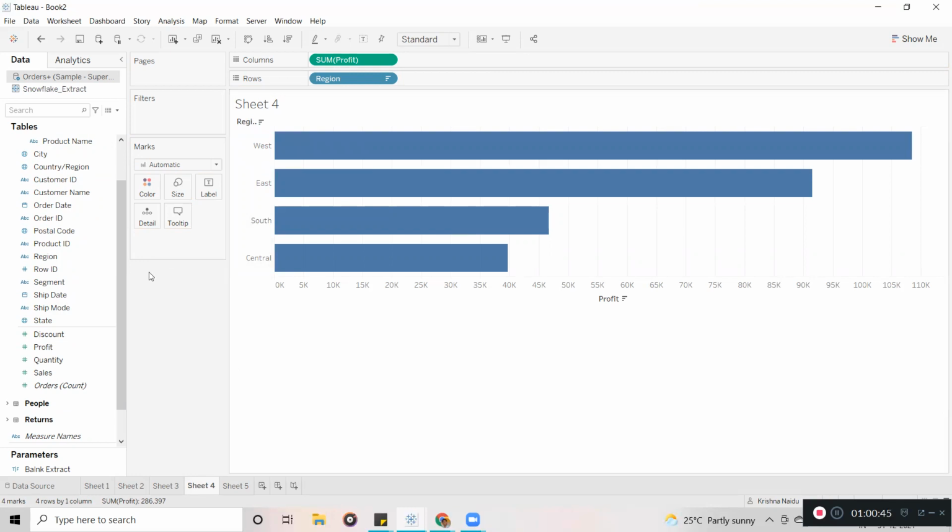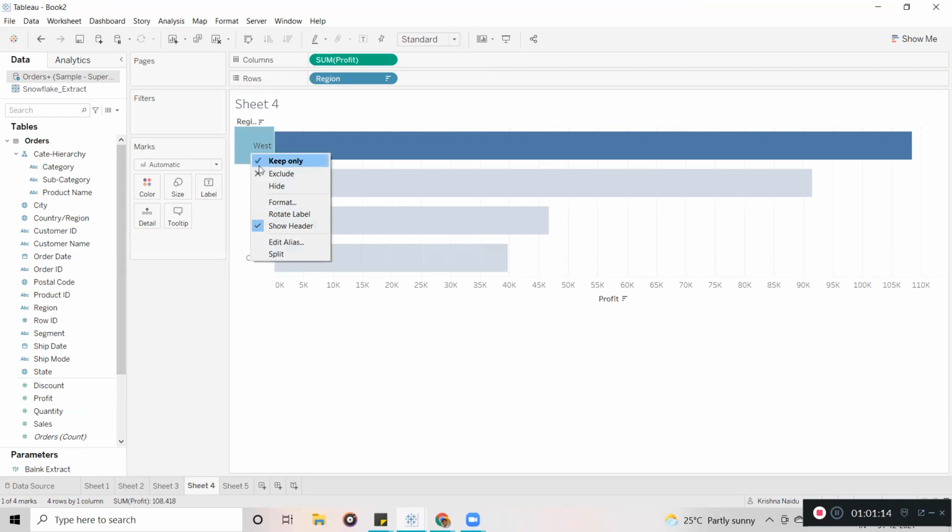Here, whatever the change, for example, we are having aliases. We know that one. Aliases means you can do it in two ways. Here it means data member alias. Already I have shown you. In Oracle, in SQL, we have table alias and column alias. But in Tableau, we have member aliases, data member aliases. Now you can do aliases in two ways. One is directly you can right click on this and click on edit aliases.